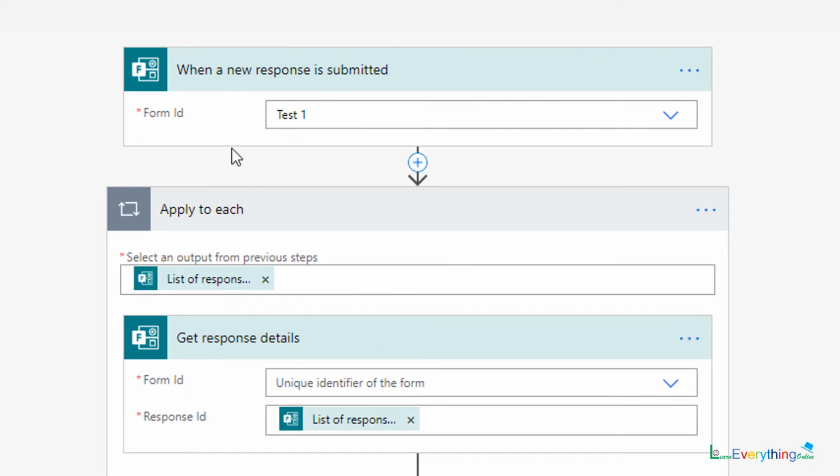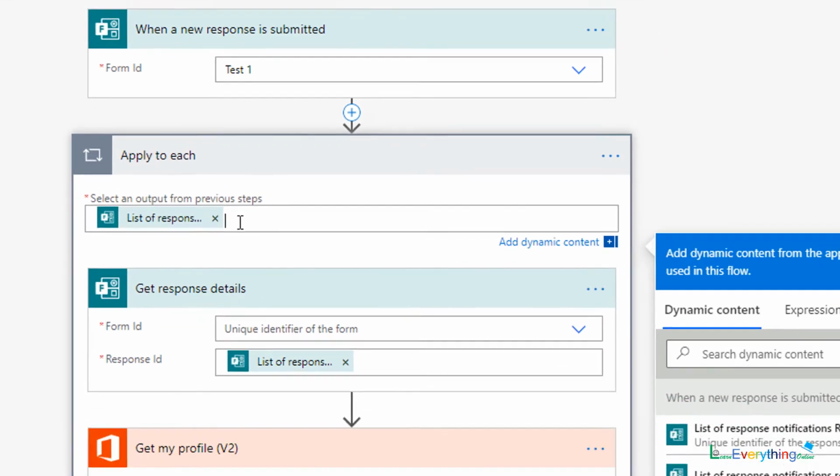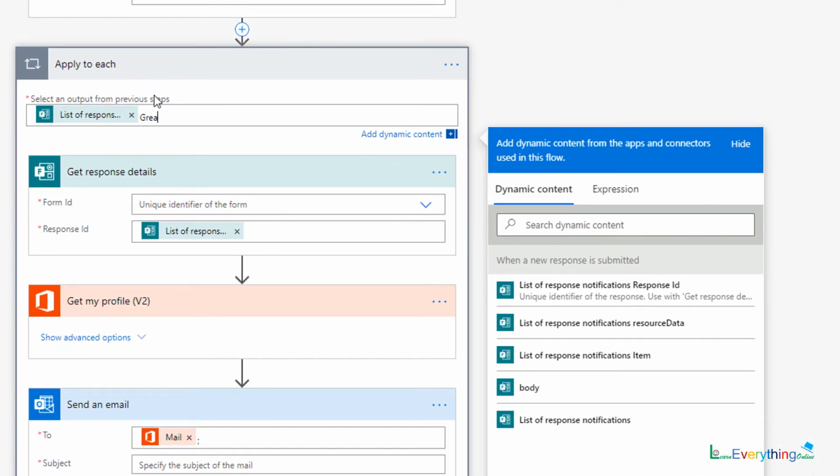So second question, apply to each. Now select an output from previous step. List of response. As I told you, for student, if you want to keep some automated reply, then we can write that reply in this box. Great, keep it up. This will be my auto reply.